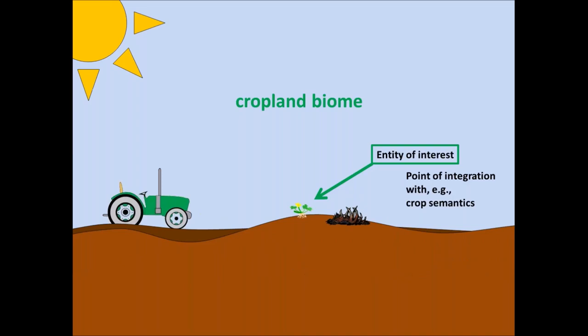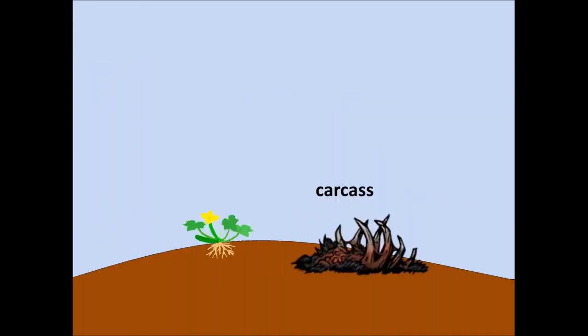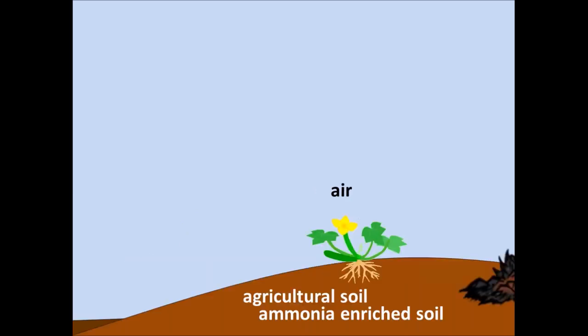But if we zoom in, we can start talking about the environment that it has, the cropland biome where it occurs, and that would be present in ENVO. If we zoom in closer to that entity, that could be a carcass nearby, which is influencing its growth, and we can start to map that with ENVO. Also, the materials around it: that carcass is emitting ammonia, it's enriching the soil with ammonia, and if that is declared on an observational level and linked to an ontology term, we can start to understand what the possible impacts of that could be.